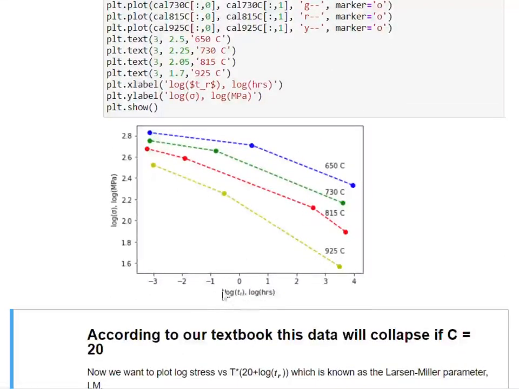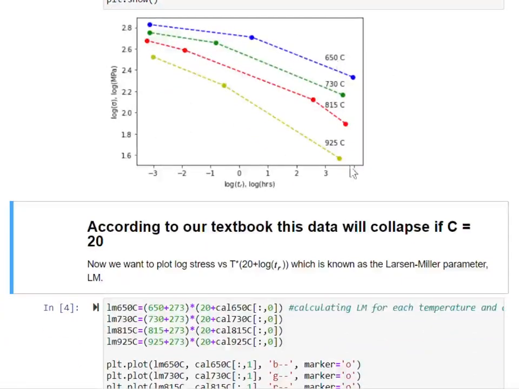So notice, this is a linear scale because I've already taken the log of the data. So you would interpret this again as 10 to the 4th, 10 to the 3rd, etc. So I've reproduced the data now, with my axes being log of sigma, log of rupture time. And there's my 650, 730, 815, 925 data. Now what I want to do is take this data, each of these points,